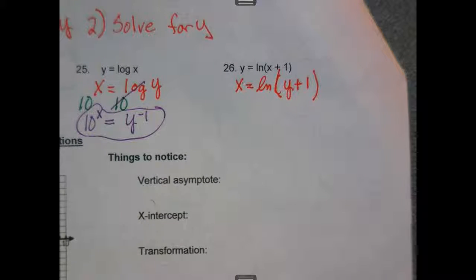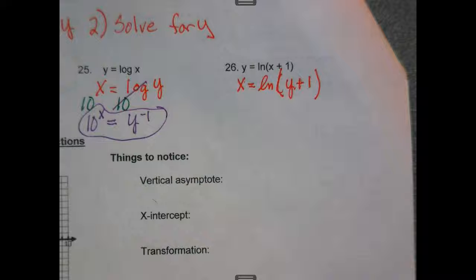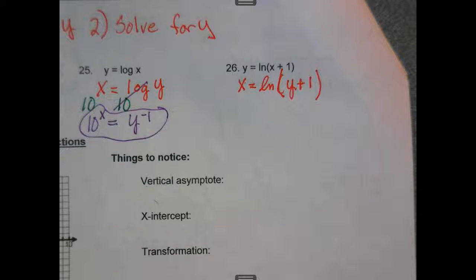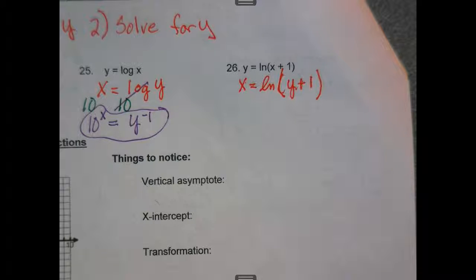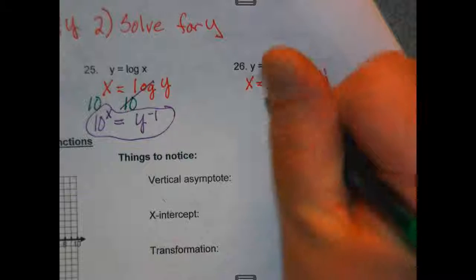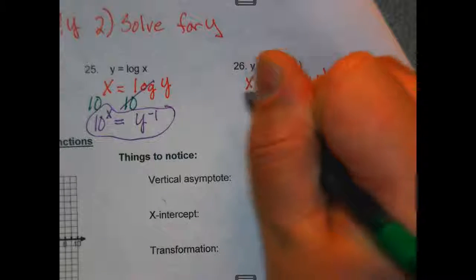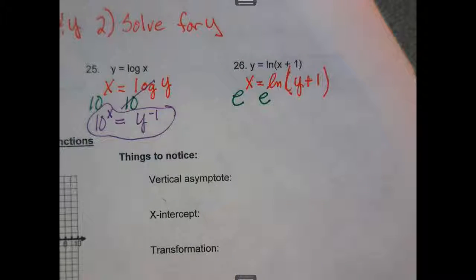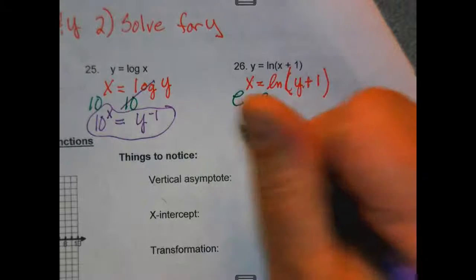What's my base? That's an ln. It's natural log. What's the base for ln? That's right, e. So I'm going to use it for the base of my power. So I have e to the x